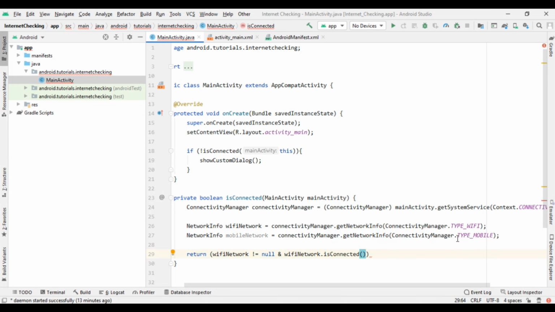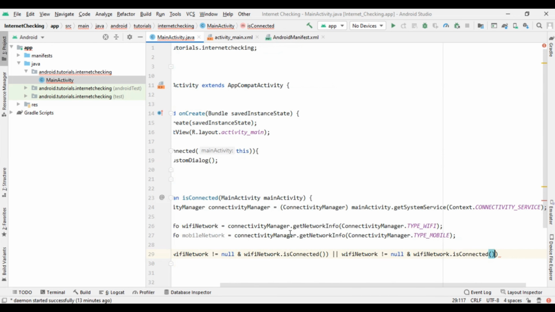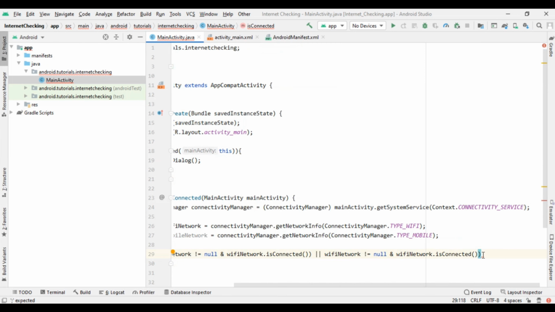So copy this code and type that code in parentheses again, and after closing this we have to write the OR operator. Now change wifiNetwork to mobileNetwork, and mobileNetwork is connected.